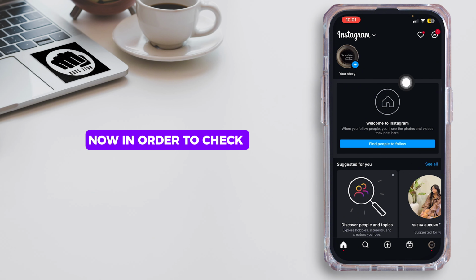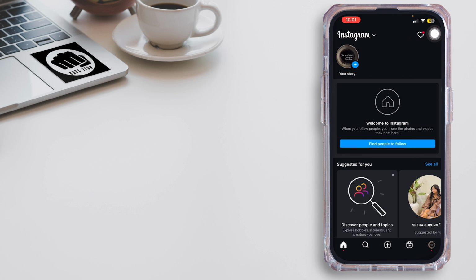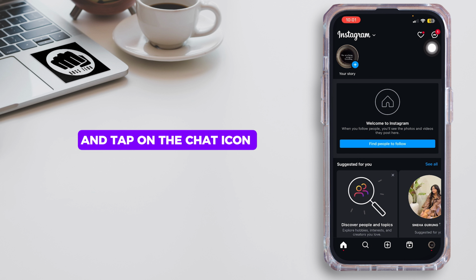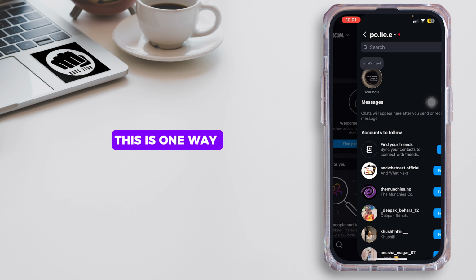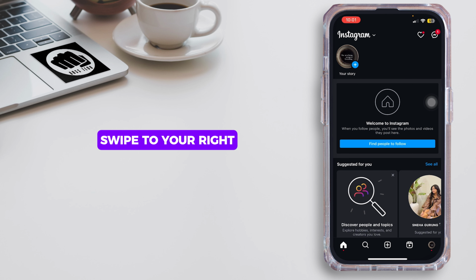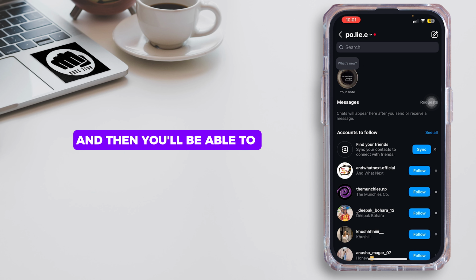Now in order to check your inbox on Instagram, you simply want to go ahead and tap on the chat icon at the top right corner, and then you will be directed to your chat section. This is one way. Another way is simply swipe to your right, and then you'll be able to land in